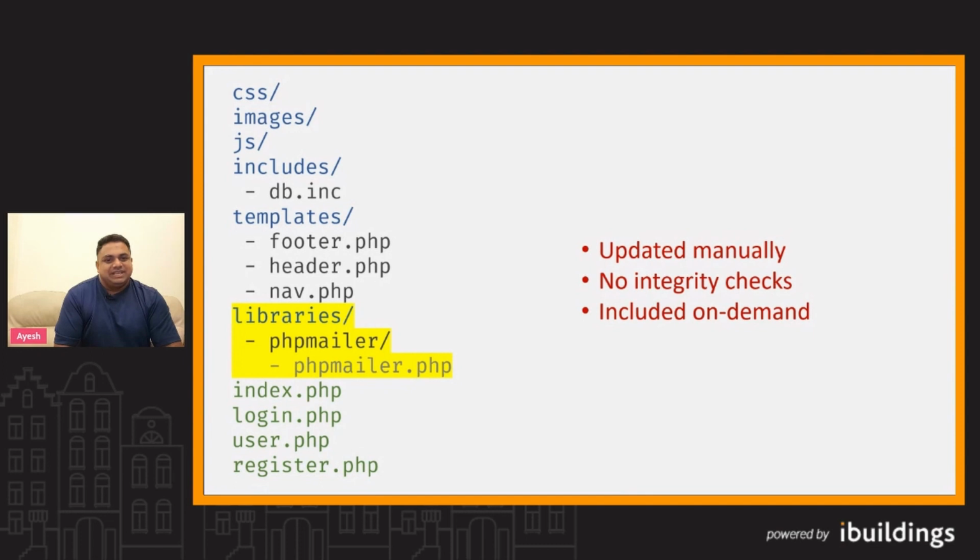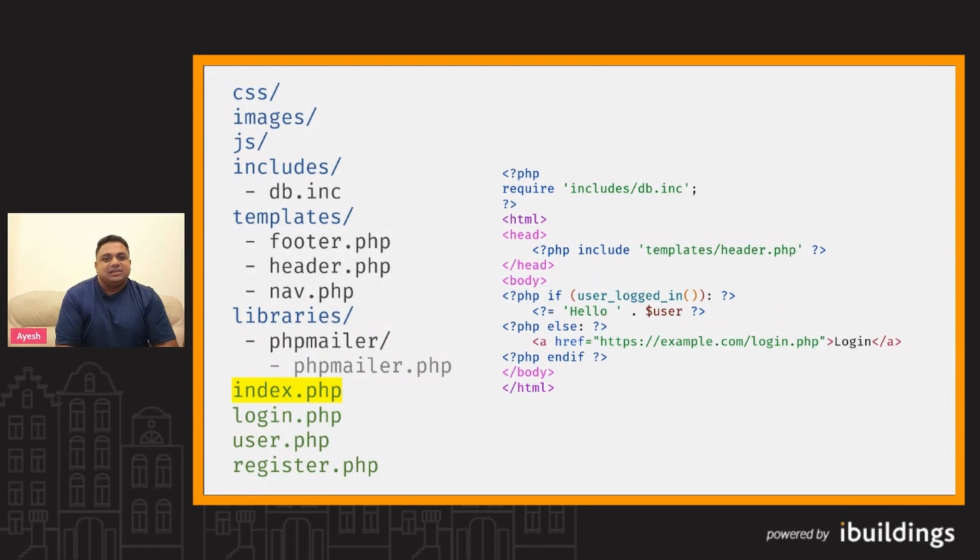There's no way to see if someone else modified these files. And these files, like for example PHPMailer, you have to call include phpmailer.php just to include this file again. And then we have files that look messy like this because they tend to change the application state. For example, here, just by including this